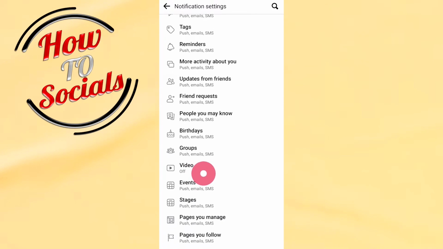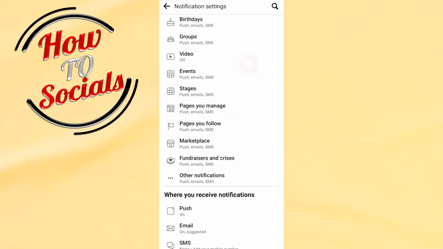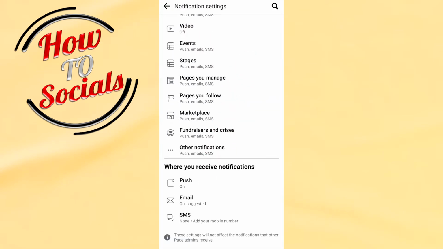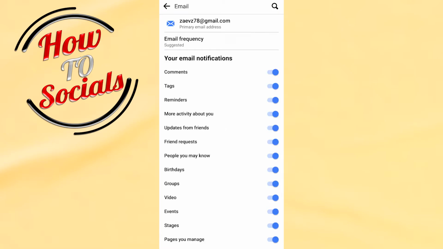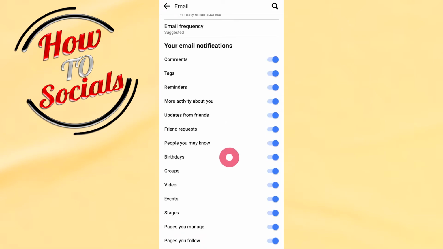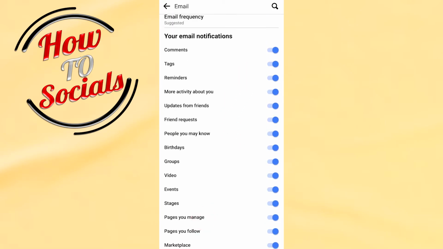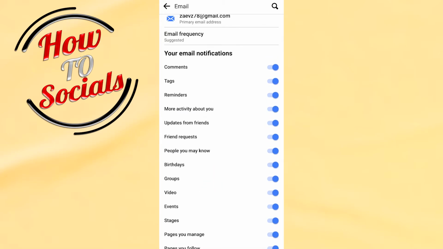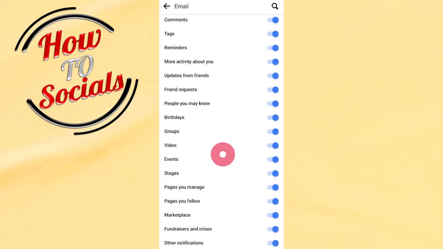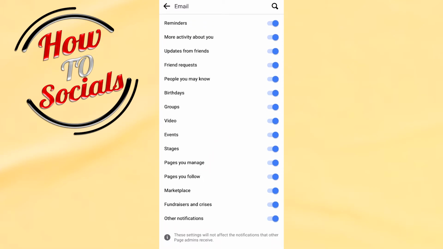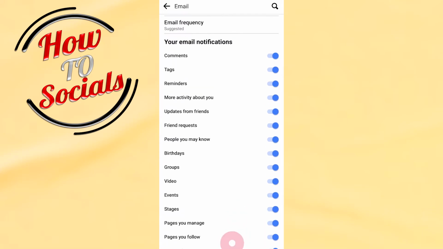Then again you need to scroll down. As you can see, you have many options right there, but you need to go to the last section, where you receive notifications, and choose the second one, Email. Now here, as you can see, you also have many options, and what you need to do to stop these notifications in Gmail is simply go to Other Notifications, turn off this section, and go for